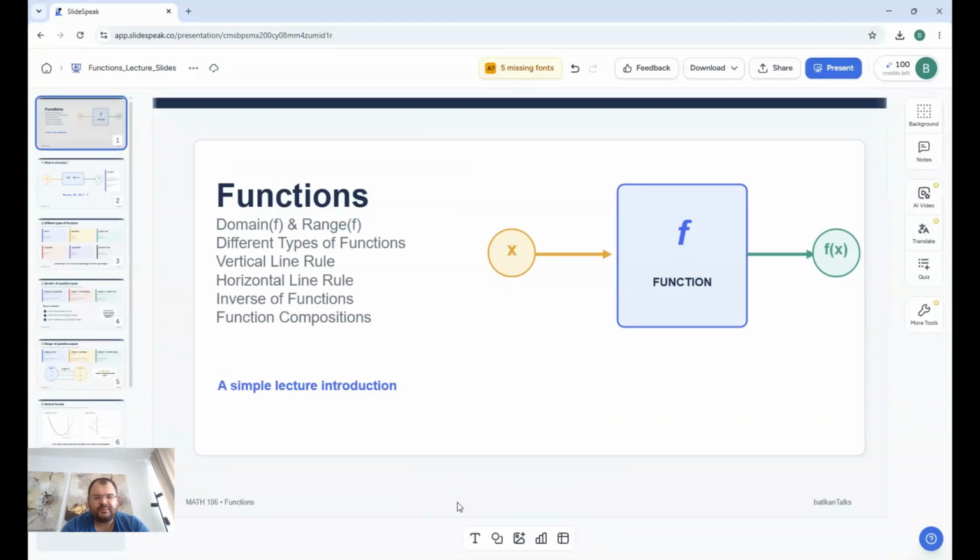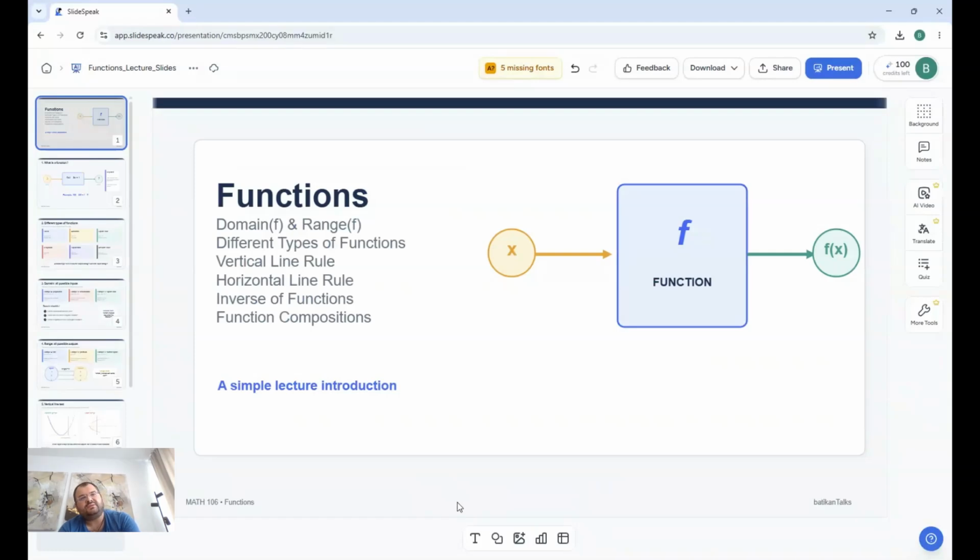So today I'm going to talk about functions and some terminology regarding functions. We will be learning about the domain of a function, what domain means when it comes to functions, what the term range means with regards to functions, and different types of functions, which I will be giving as examples. We will be learning about the vertical line rule and horizontal line rule in functions, and we will be taking